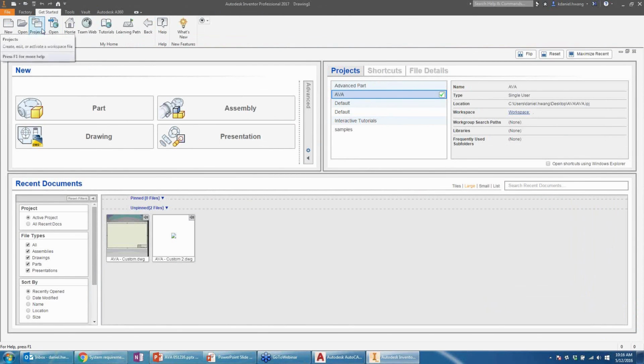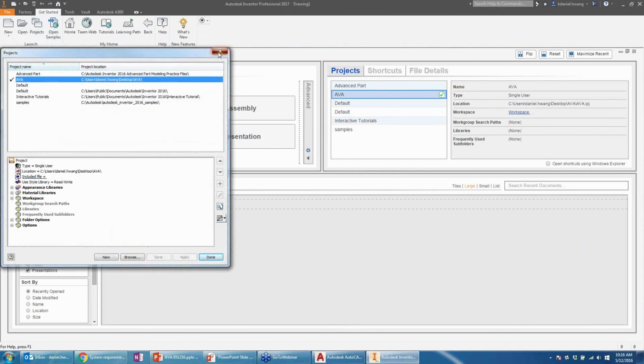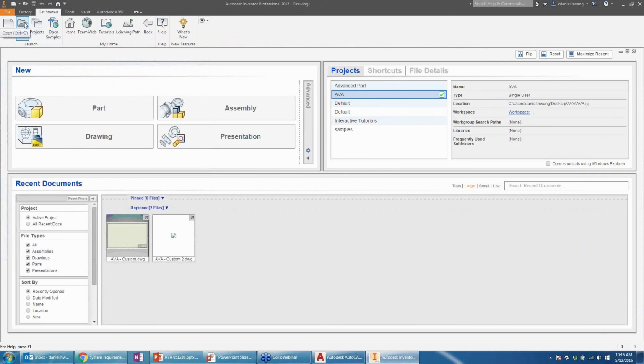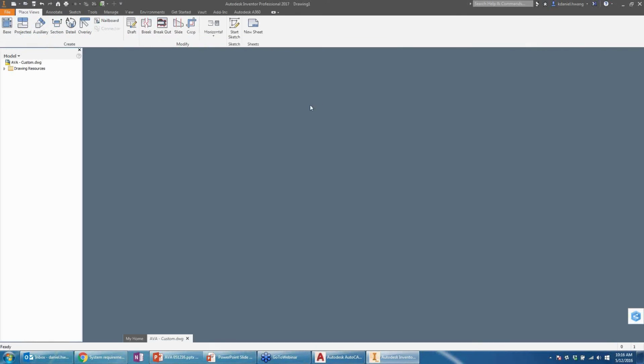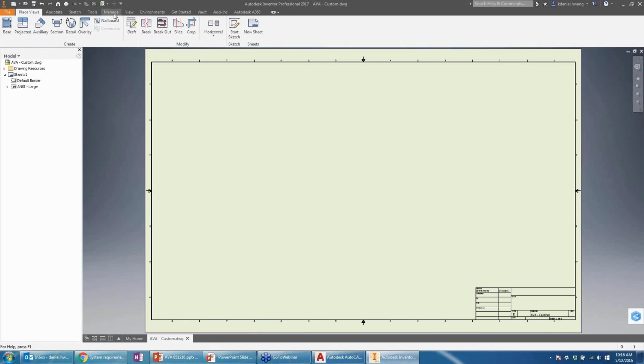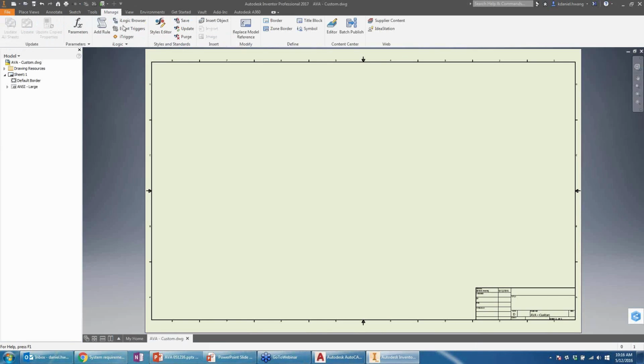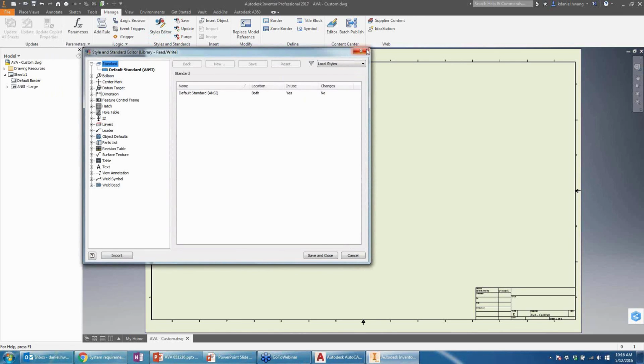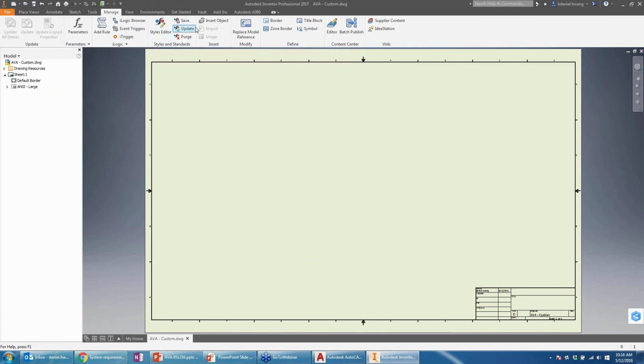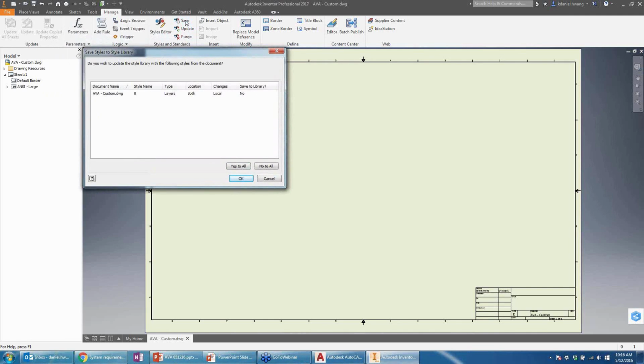Of course, we can always do this when we first open up the file, but I wanted to show you the dialog boxes and the errors that would show up. So I'm going to open up that custom template one more time. I'm going to go to the Manage tab at the top, and you'll see the Styles and Standards panel. The Styles editor is what you actually use to customize the styles, the fonts, etc. And we're going to look at the Save, Update, and Purge. Clicking Save takes the local styles from this file and saves them to the style library that Inventor uses. By clicking Yes to All and then OK,